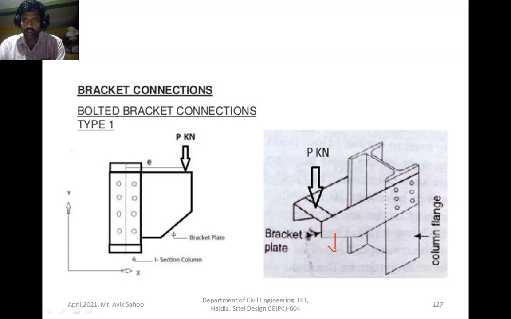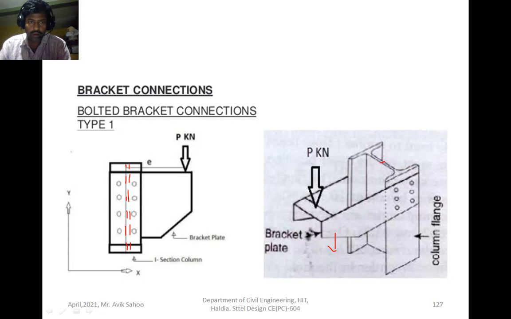So this is a 3D figure of a type 1 connection, and this is a plan view. So this is an elevation view. Okay, if you draw the elevation, then you see that this line should be dotted. This is not solid because it is not visible on elevation, so that's why the dotted line comes. I mean the web part, this part, again this thickness, is dotted, because it is not visible on front elevation, and the bolts are given.